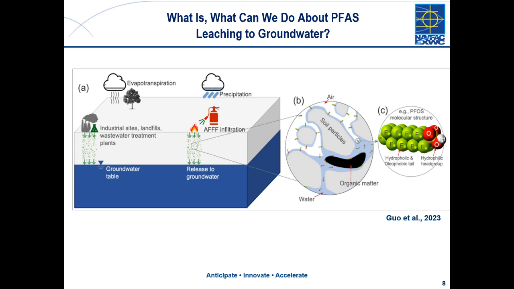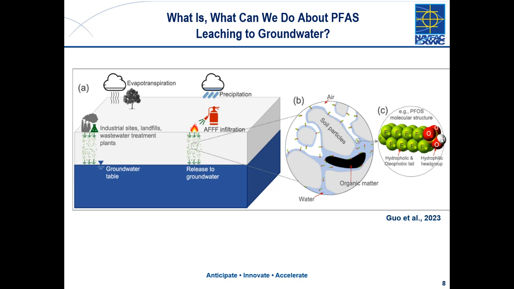Man, one of the things that strikes me the most, Chuck, is this accumulation at the air-water interface, and that's something we're not used to thinking about, right? When we think about chlorinated solvents or hydrocarbons. But PFAS can adsorb at the air-water interface, and depending on how much water and air you have in your system, that could change with moisture content. What do you see?